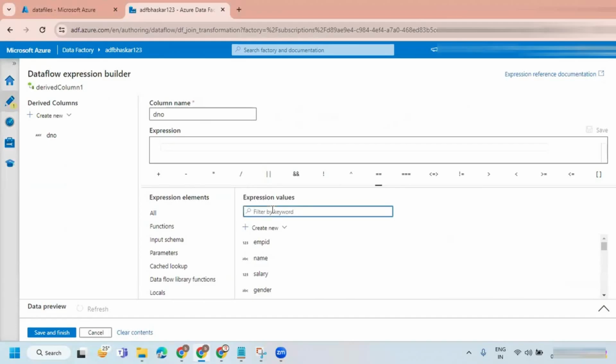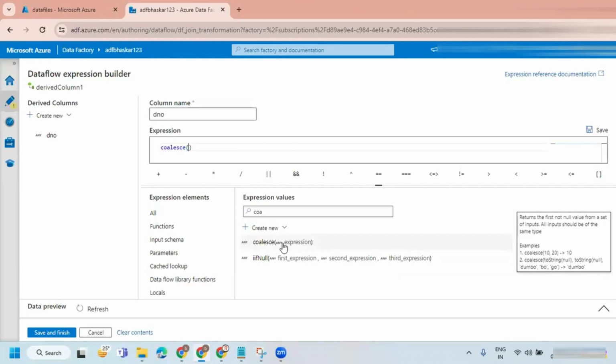If I have a coalesce function, I can use coalesce. Let's try with this coalesce function, or you can use the if function also.